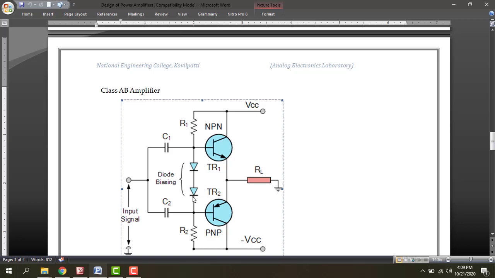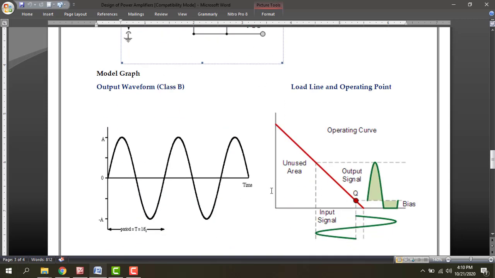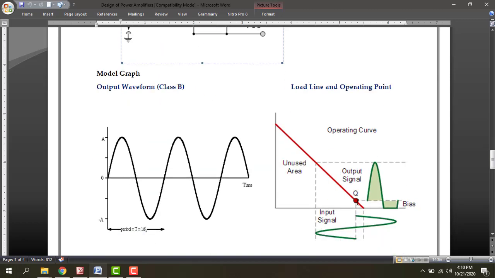We have already pre-biased the NPN transistor as well as the PNP transistor. We have already given some input voltage to the base of the NPN as well as the PNP, so it may be 0.6 volt without giving an input signal. So it is called a class AB amplifier. The operating point will not be in the cutoff region. We have given 1.7 volt using D1 and resistance R1 without giving the input signal. So here we pre-bias this circuit Q1.